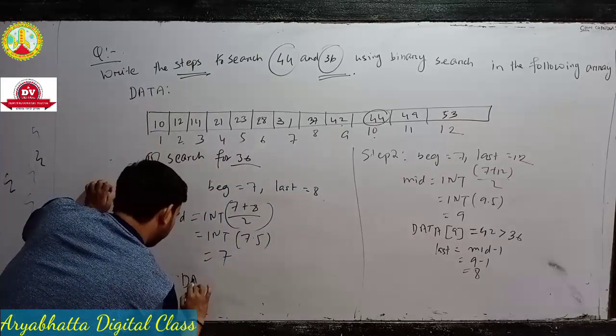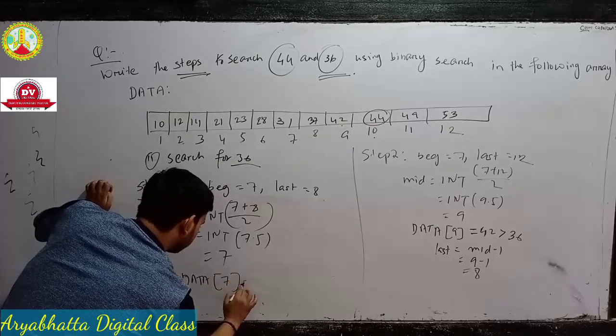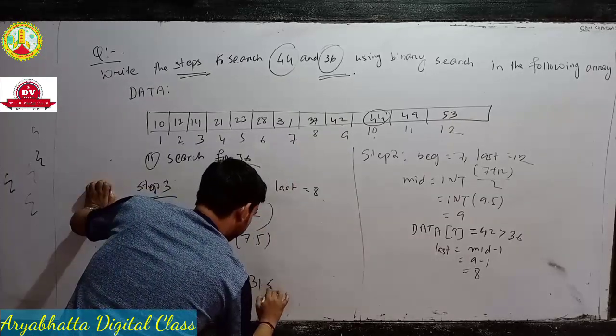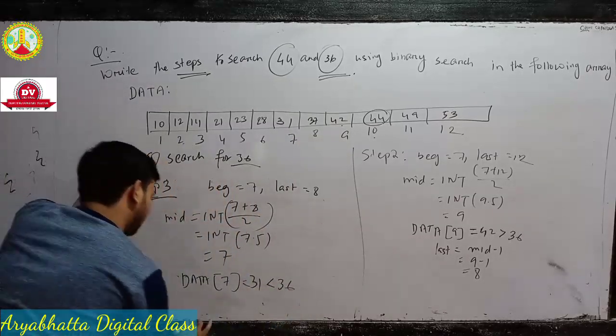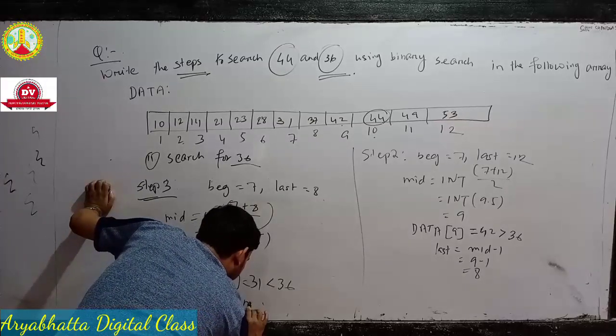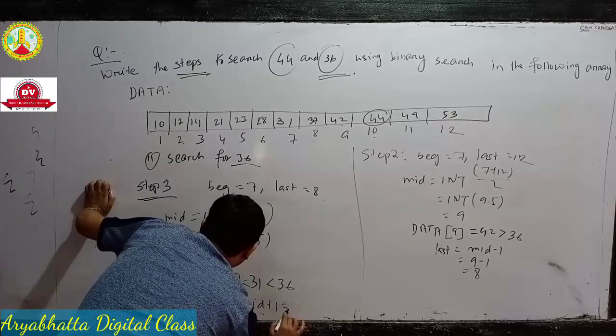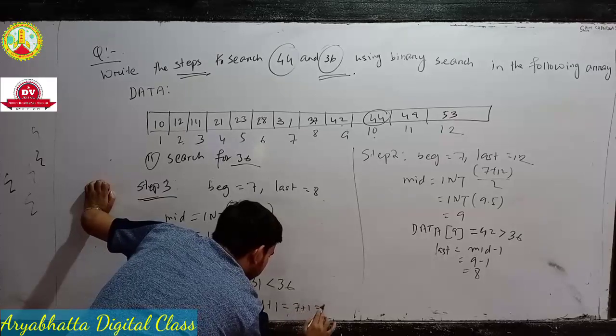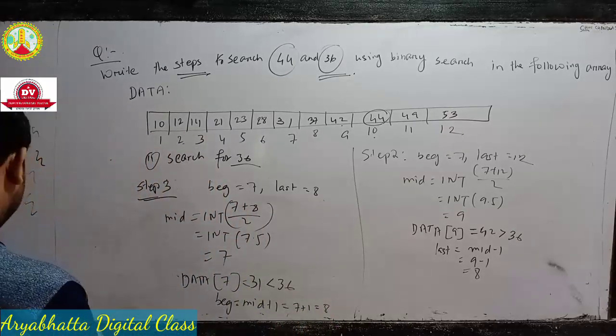Your data 7 will be 31, which is also less than 36. Now again your beginning will change. 7 plus 1, 8. You see,